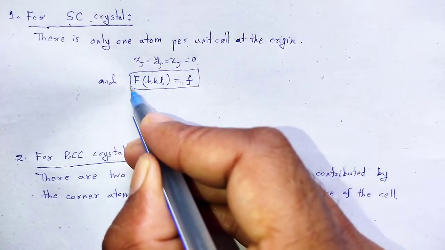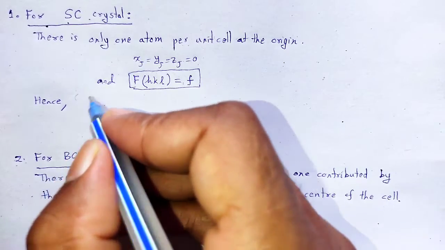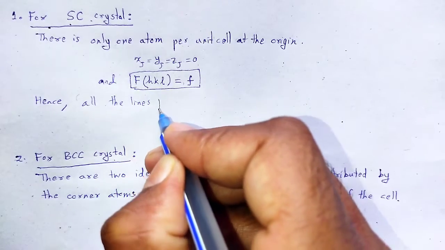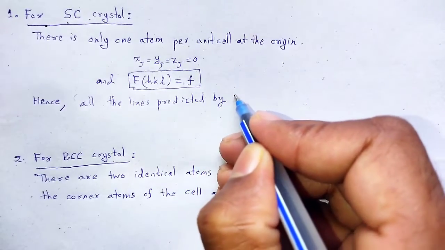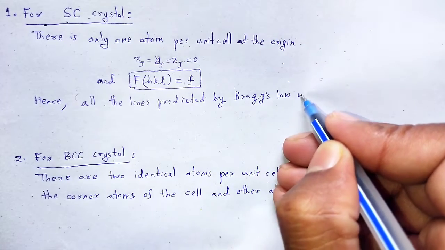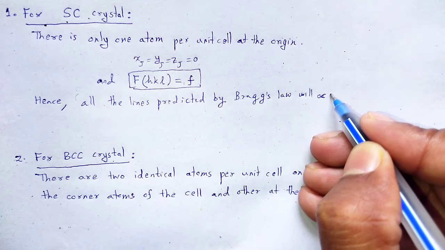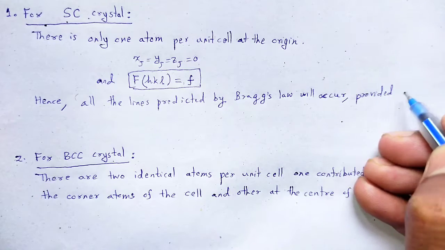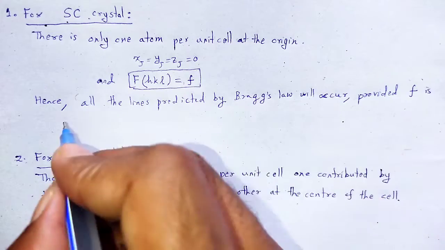Hence we conclude that all the lines predicted by Bragg's law will occur, provided the atomic scattering factor f is sufficiently large